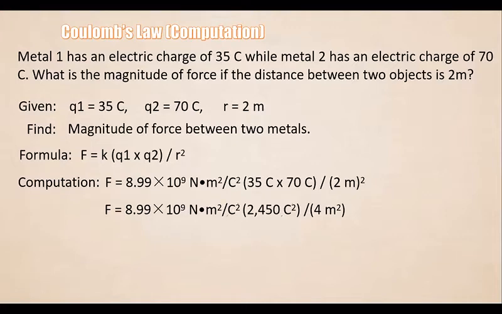And then if we're going to do that, the answer is 2.20255 times 10 raised to 13th power Newton per meter square. We already eliminated the Coulomb square as the unit because we canceled it since they are the same unit. Then divide the answer to the square of our distance, which is 4 meters square. So if we divide that, the answer will be